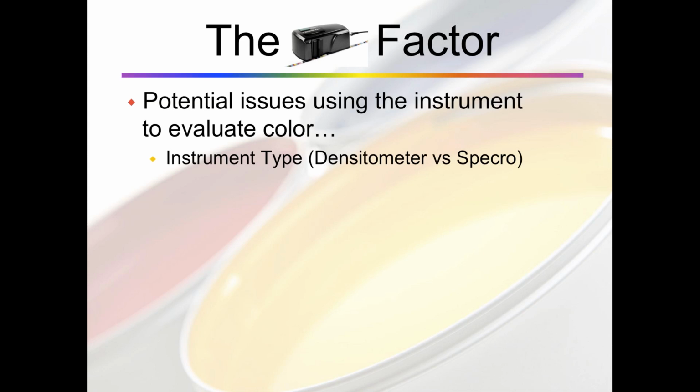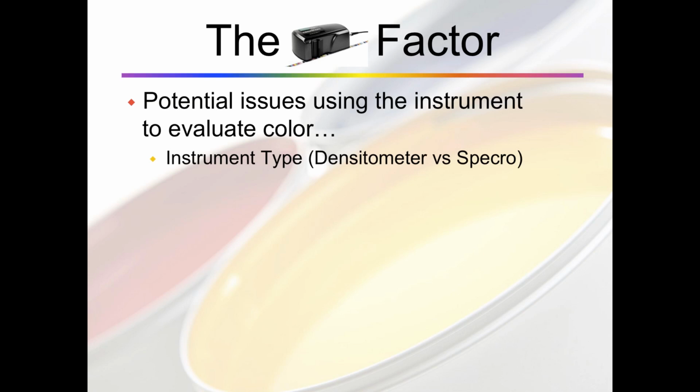A lot of print shops will have densitometers, which are density measuring devices or instruments that emit light, measure the reflectance, and from that calculate an ink film thickness. Now, this is a measurement of the amount of ink that's on a particular substrate. So it's the amount of ink that you're putting down. But oftentimes you may put down the same amount of ink but have a different color. A classic example would be cyan and magenta. Both can frequently be printed at a density of 1.45, but nobody would agree that those are the same color, but they are running at the same density.